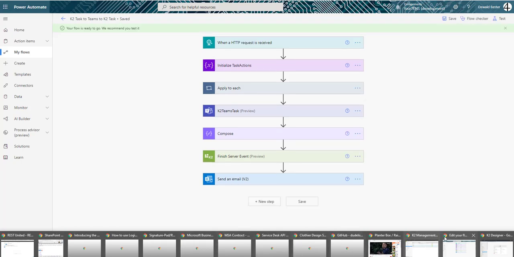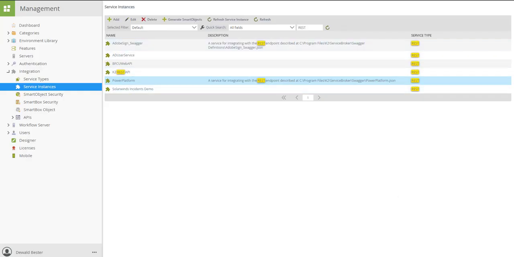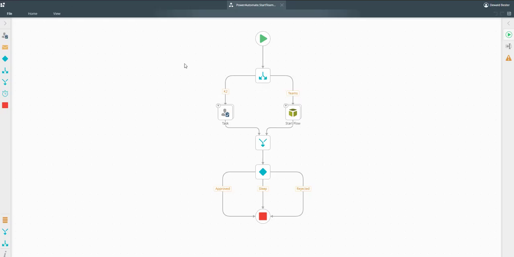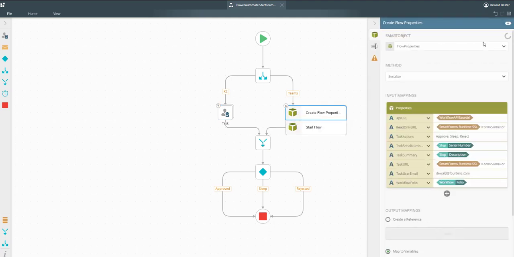Then the K2 side of the house, pretty easy. I just split these. I'm sure you can do this in a different way as well. Just wanted to show everybody that we can assign a K2 task still. And then what we could do is also build up the flow properties that we need, which is really just building up that request body. You can see I'm sending in a read-only URL. There is my comma separated list of actions,